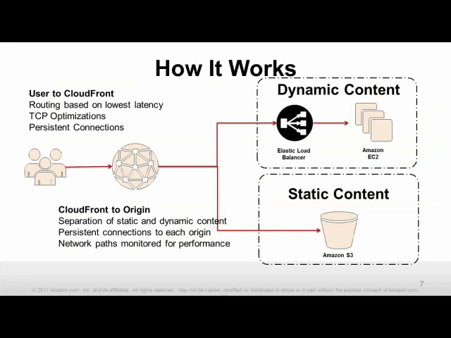So how it works, there's two layers of network optimization. The first is between the user and the CloudFront edge location. So like our static content, or any kind of content, we will choose the location that is best positioned to serve an end user based on low latency. We have optimized the TCP settings on those connections, and we maintain persistent connections between the edge location and the